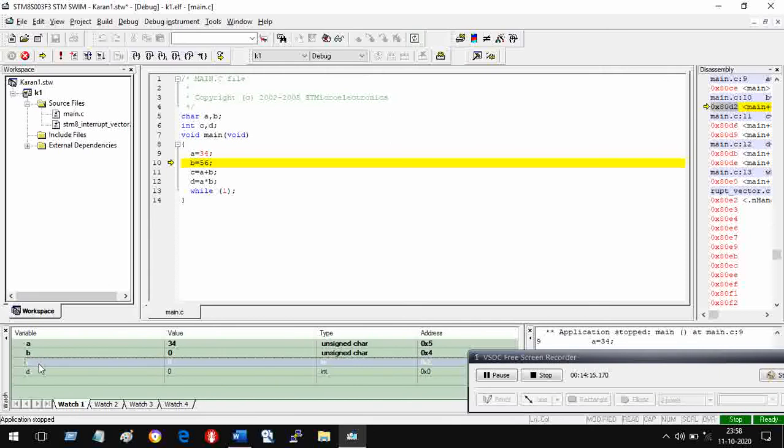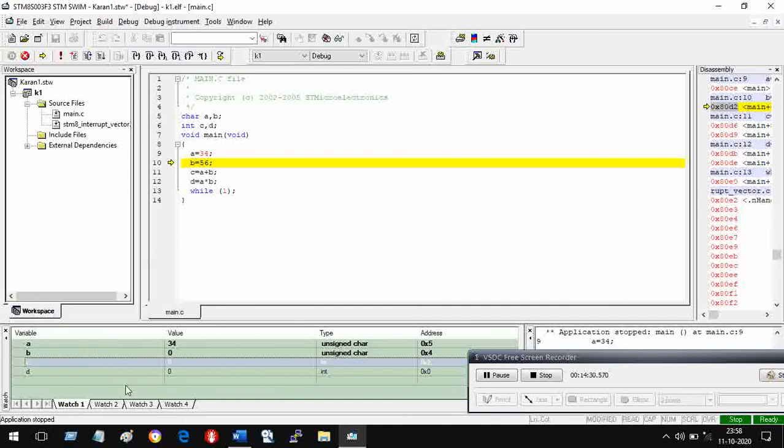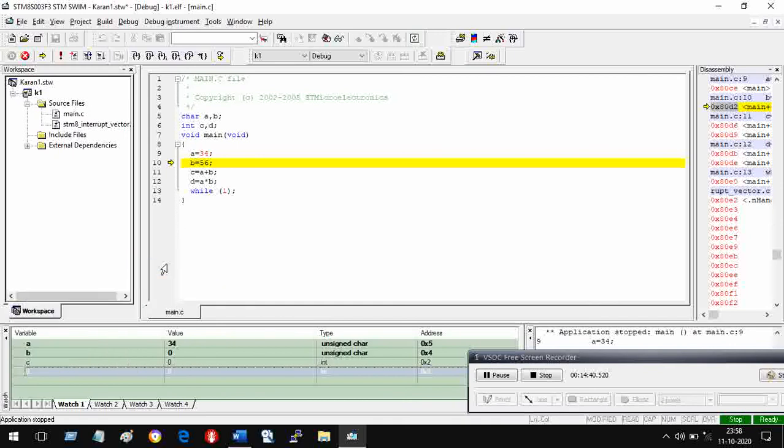Then C, you see what I'm doing. I'm right clicking on this and display item. I come to this point. How did I reach here? I reached here by right clicking on C, and then decimal is selected. So C will be in the decimal form. Then same way I come to D, then right click on it, come to display item, come to decimal and stop. I can choose the form in which the quantity is displayed.